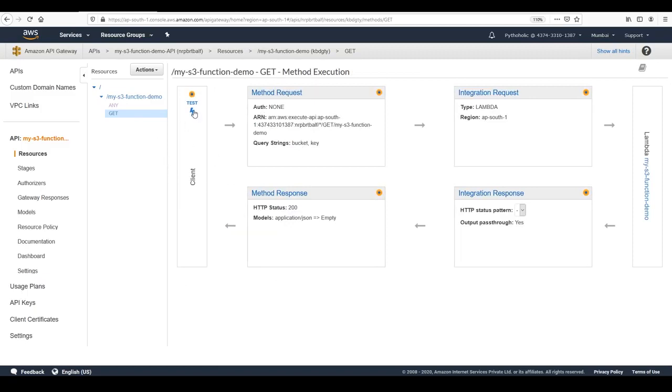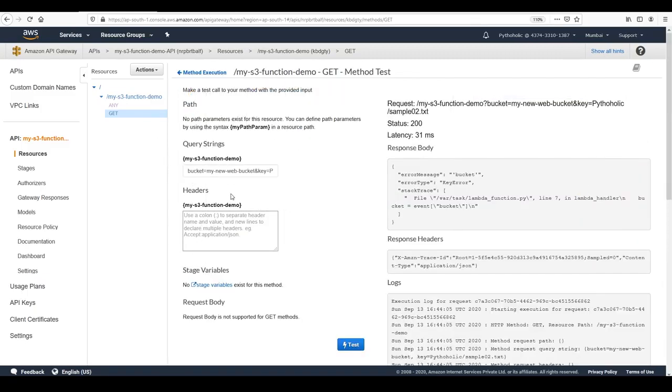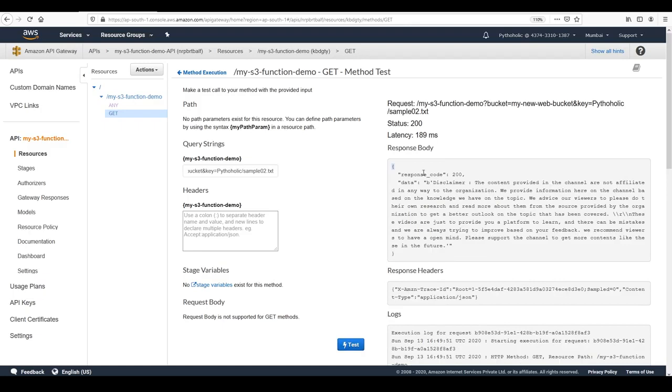Okay, now click on test. So now we have the function here, my function demo, and these are the parameters that I want to pass. Let's see whether we are able to run this or not. Click on test. See, now what we have done, we have passed the inputs that we wanted to have from our query parameters, that is bucket equal to my new web bucket, and the key that I have passed is